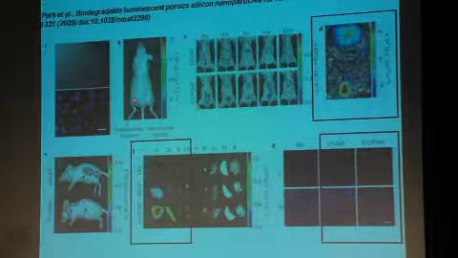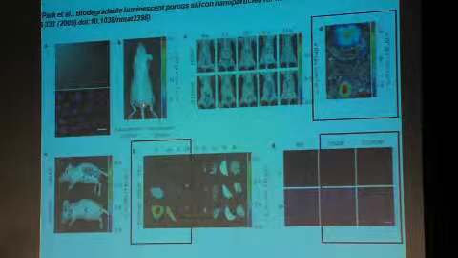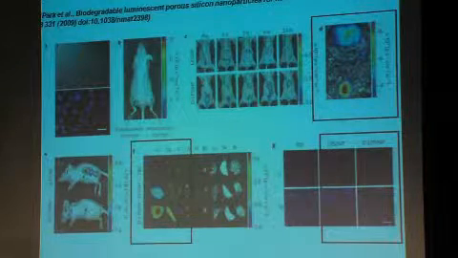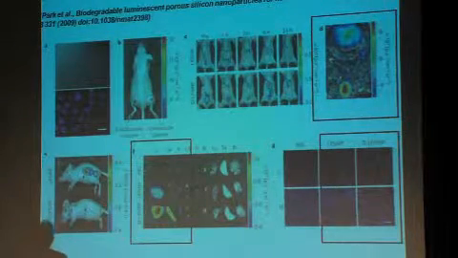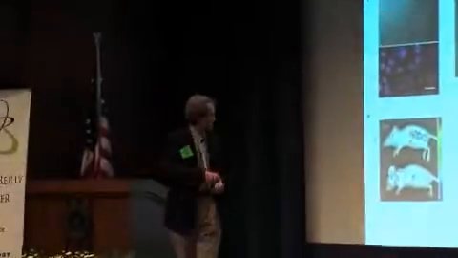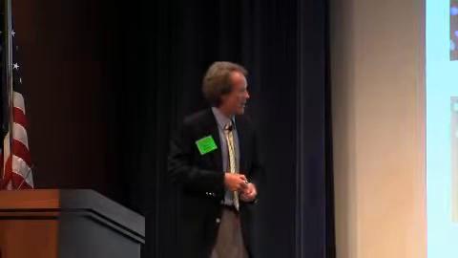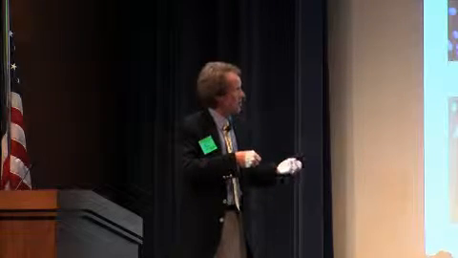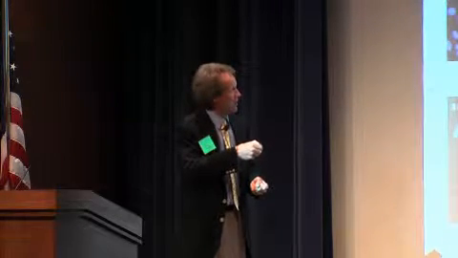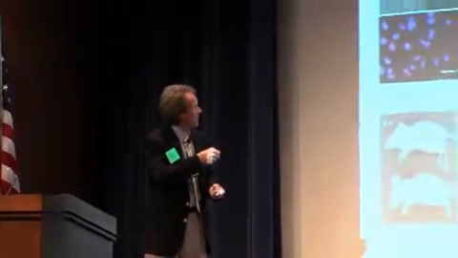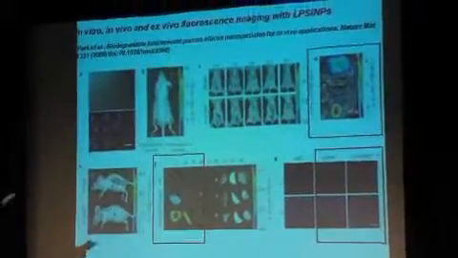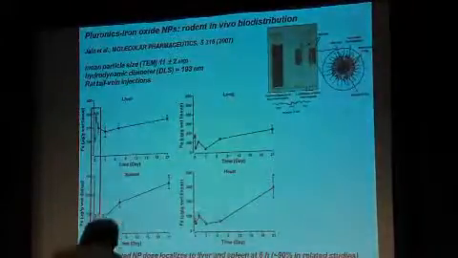So yes, they can show that they can get some particles to the tumor site, but what they do show here, but don't emphasize, is that most of the particles go elsewhere. So it's entirely consistent with what we know. It's not a bad result. For us, we're trying to get particles to the tumor sites. That's our job as pharmaceutical chemists. But in addition, we're trying to map where these systems go. And it's clear from these data that we cannot avoid the RES system even with long circulating, luminescent silicon nanoparticles. We can map them with radio imaging, we can map them with optical imaging, and we see the same effects.